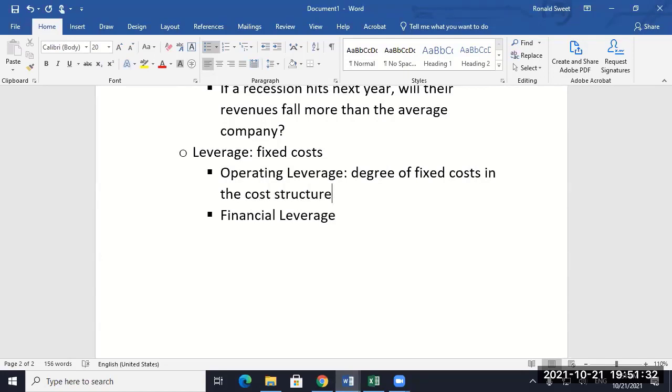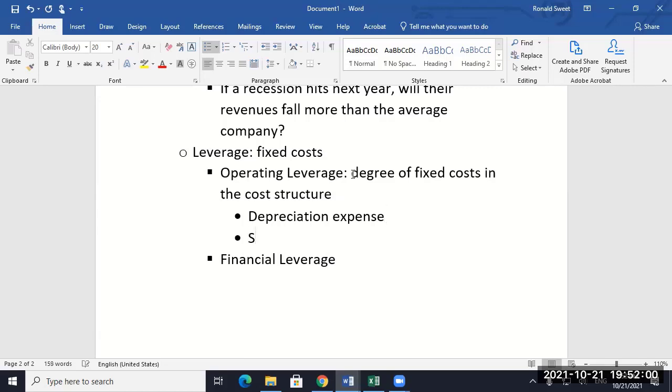So here, think about it theoretically. I'm going to give you some numbers that help, but think about it theoretically. So what are the kind of things you're looking for? If you have a lot of depreciation, you have heavy property, plant, and equipment, there's a fixed cost you have that's the same no matter what. And you might say, well, that's not economic, but it still is going to make your reported earnings more volatile, and that probably has some psychological effect on markets.